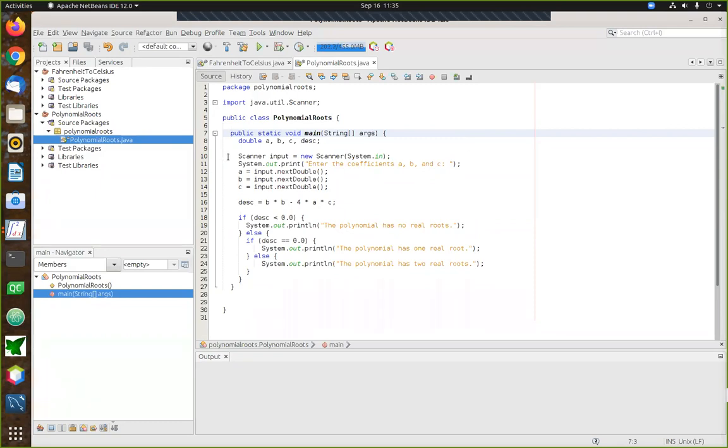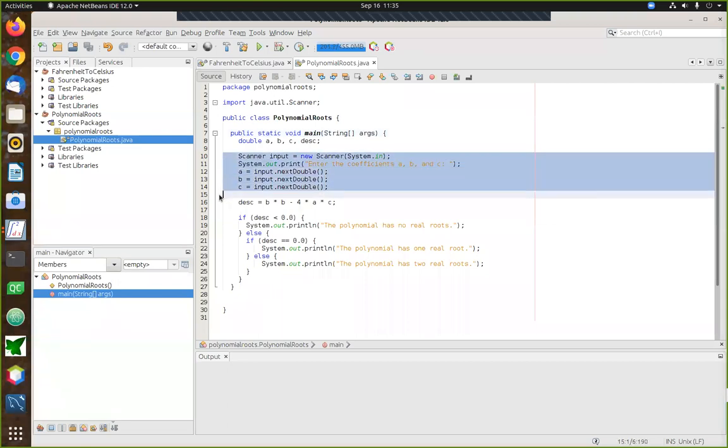So first of all, again, we're setting up to receive input from the user. We're going to prompt them to enter some information. In this case, what they're being asked to enter is the coefficients of the polynomial. The polynomial that we're talking about is a times x squared plus b times x plus c. And a key piece of information we need here is what the coefficients a, b, and c are. So we use the input mechanism to get those coefficients.